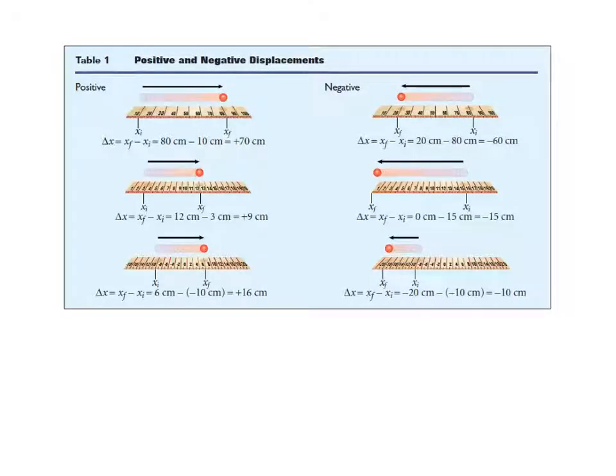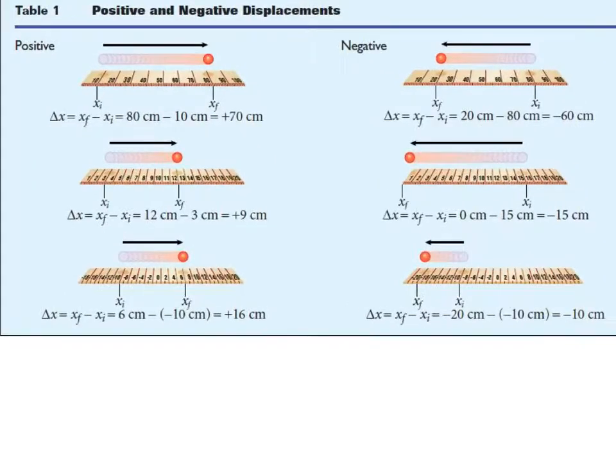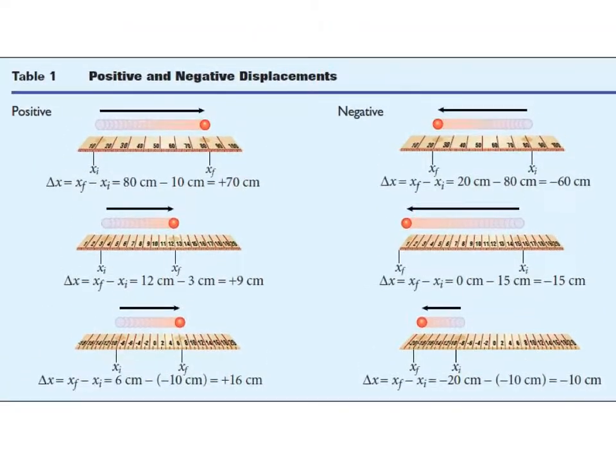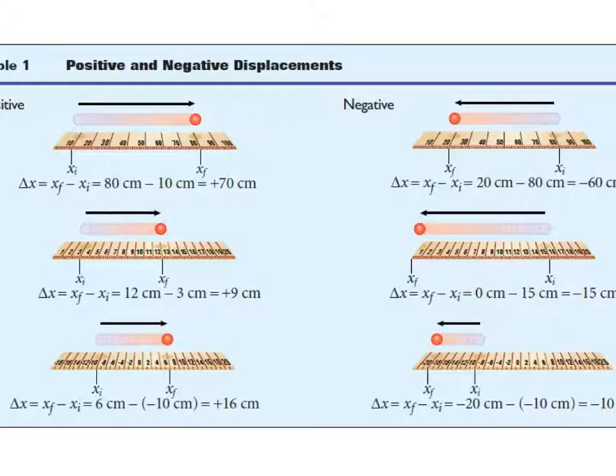This diagram's emphasis is just on the fact that our displacements can be both positive and negative. So if we take a look at this here, if I start somewhere on the left and move to the right, we're going to call that positive displacement. No matter where I start, no matter where I end, if I just move to the right, it's a positive displacement. But if I move to the left instead, it's always going to be a negative displacement.